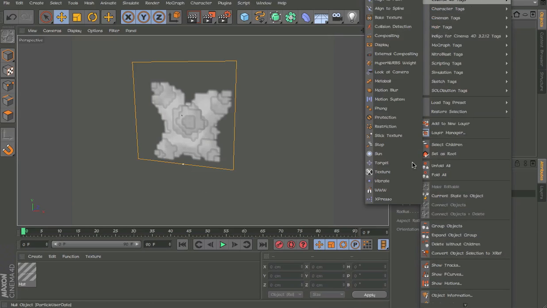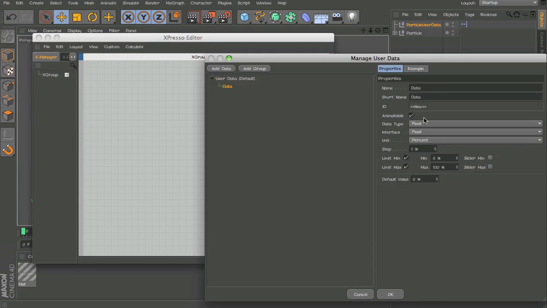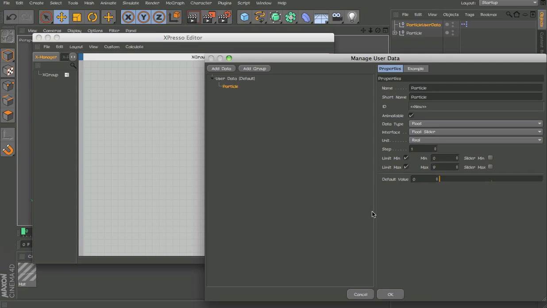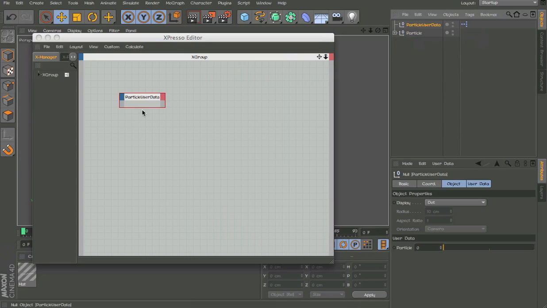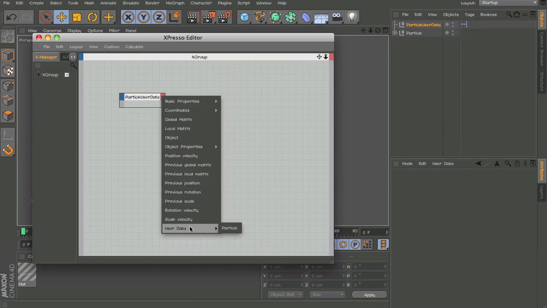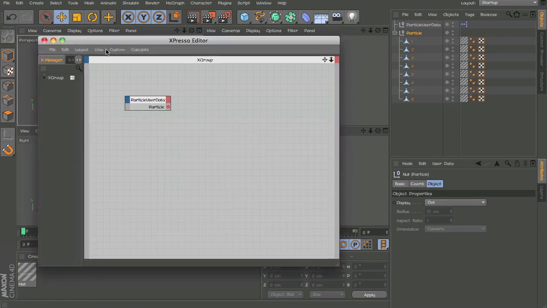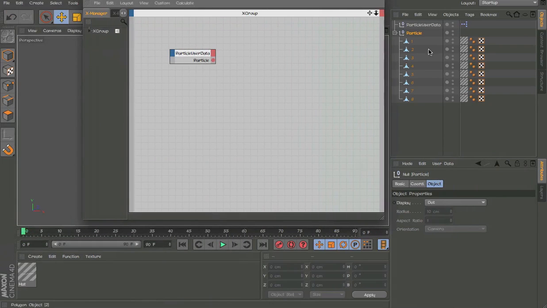Okay, now I do espresso tag, add user data, change it to particle, and then let's make this first side real. And change it to 9 because there are a total of 8 particles, so I just want 1 above it. And grab this in here, and now we're going to animate the particle. So let's grab, oops, what's happening? Okay, so now let's grab particle 1